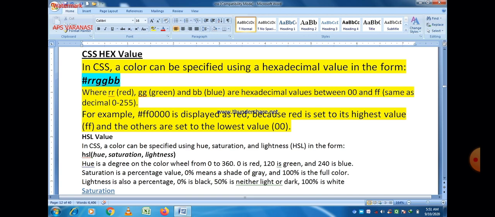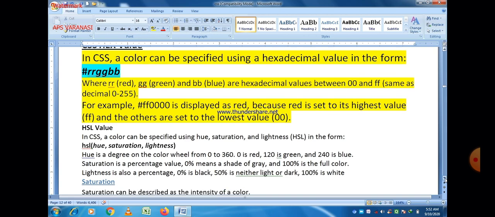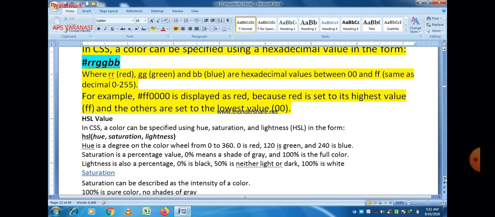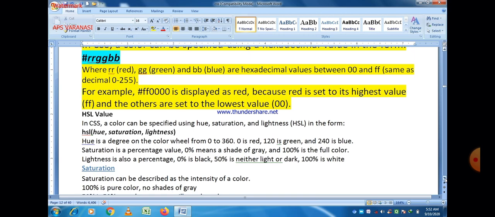So this is the hexadecimal representation, and always remember that hexadecimal representation starts from 0, and the last value of hexadecimal representation is F. So you can give any value between 0 and F. It means 0 to 9, and 6 characters are also there, A, B, C, D, E, F. These are the digits, not the bits.